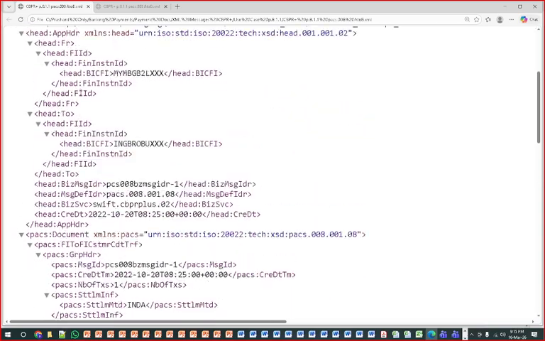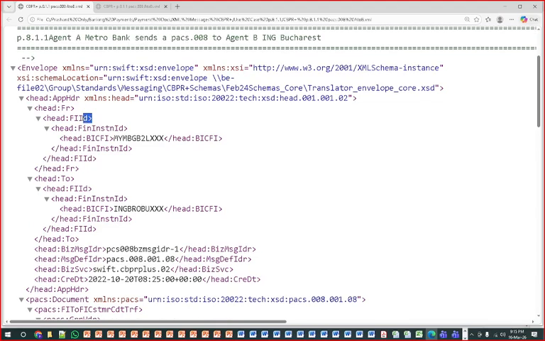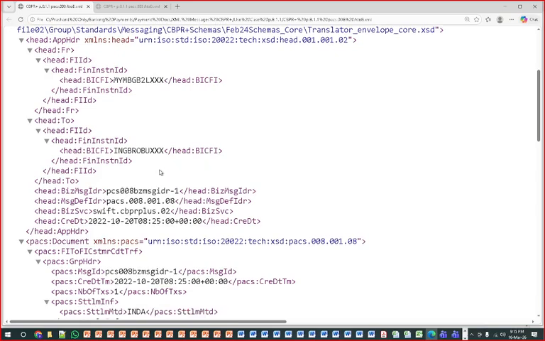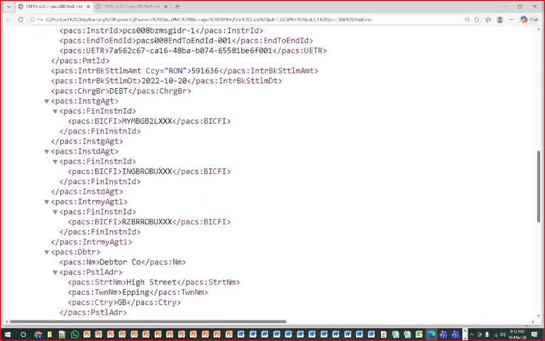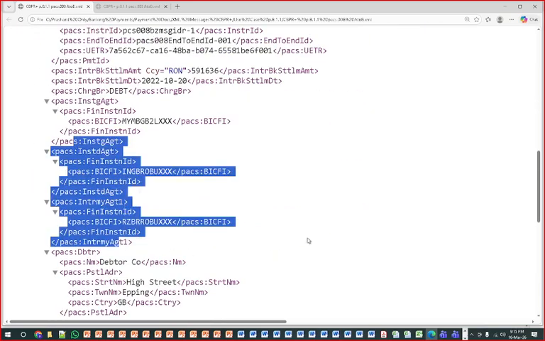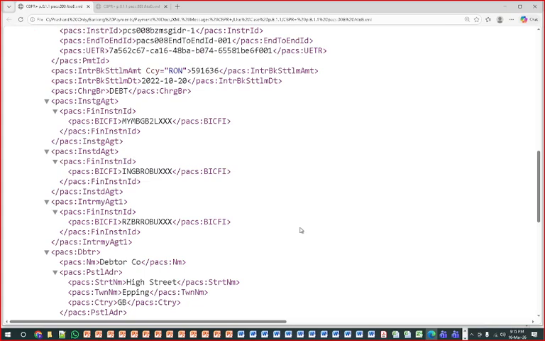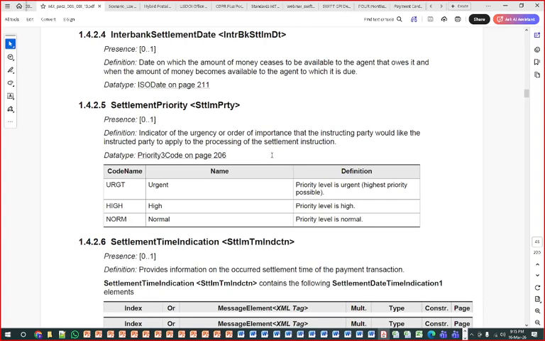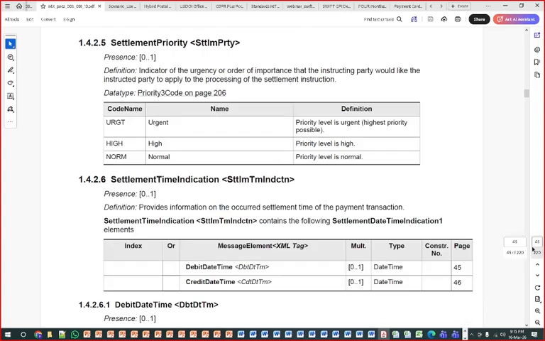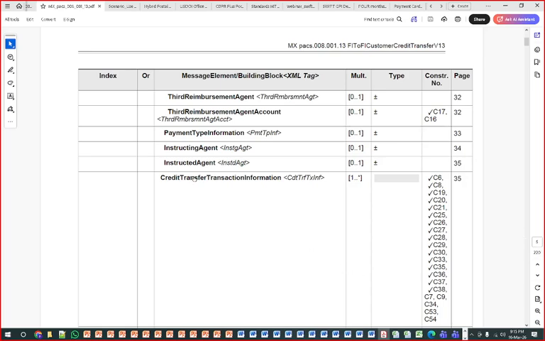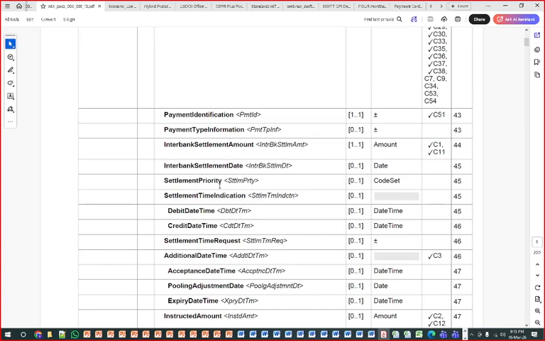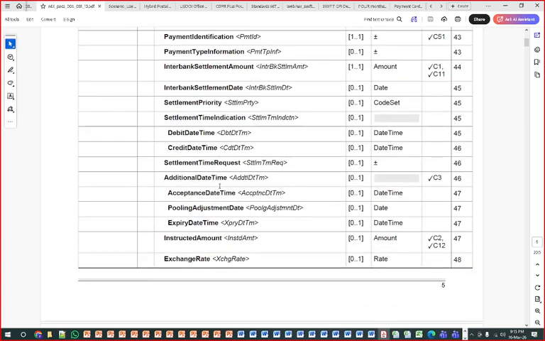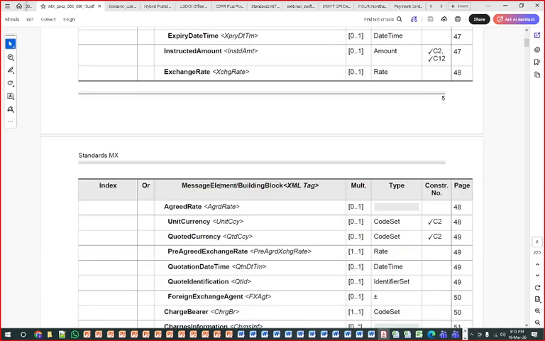We are going to learn line by line each and every tag, how it works, why it is here, and why it is required, each and every field, mandatory fields and non-mandatory fields, everything. So that is the ISO 20022 messages system. We are also going to learn how the mapping happens, and I also want to discuss the parent and child relationship, how it works. I will give one more example of how it works.